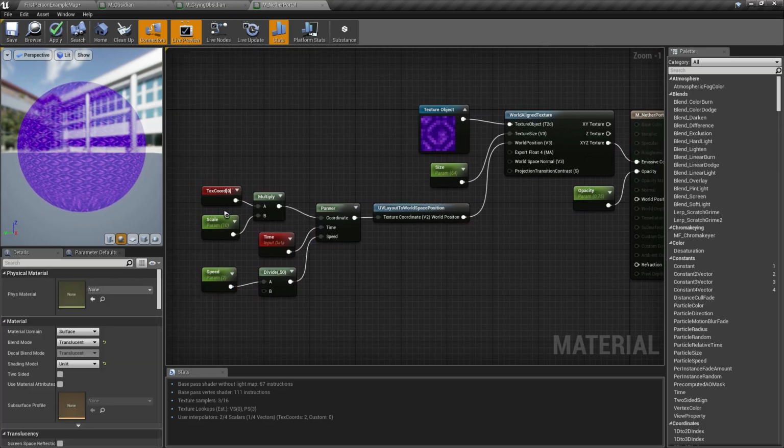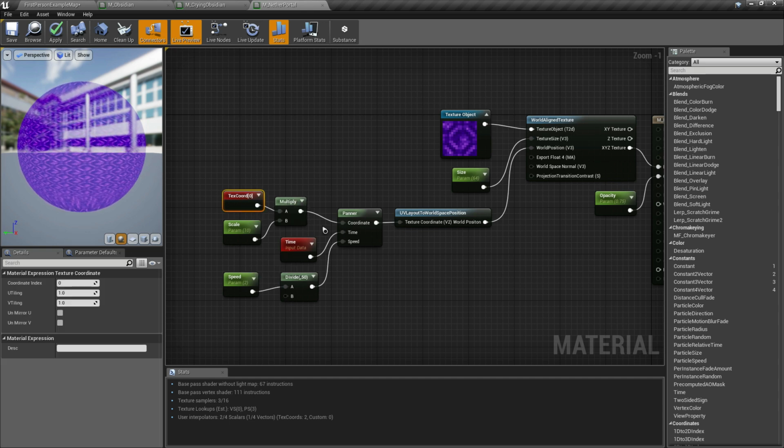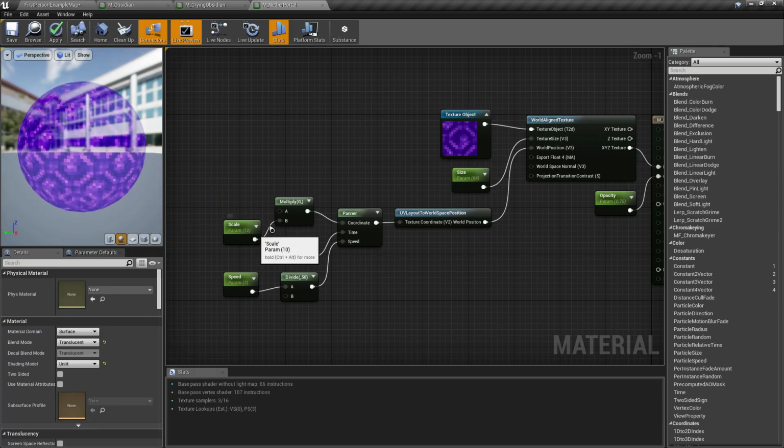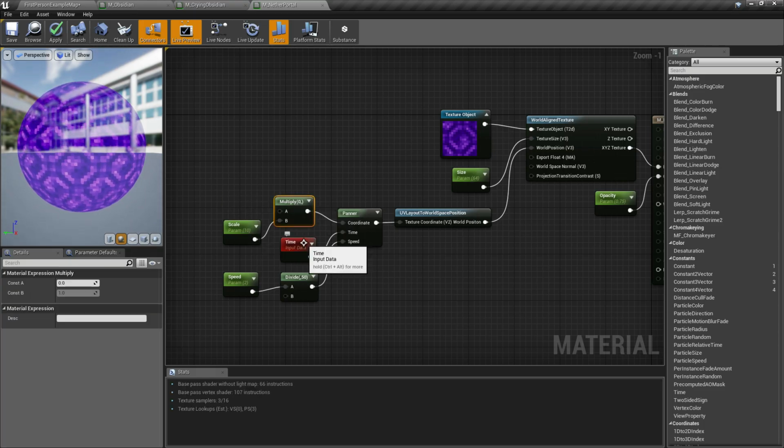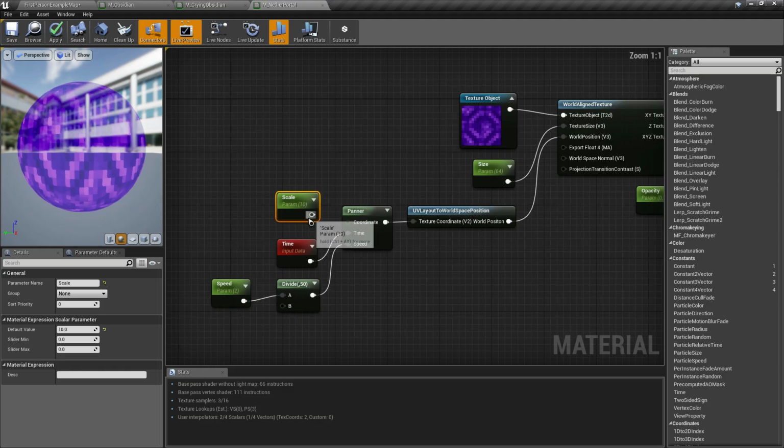But we're going to remove the texture coordinate here on the panner. So let's remove this, and let's remove this multiply. So we don't need it. So we're going to connect our scalar parameter directly on the coordinate of the panner.